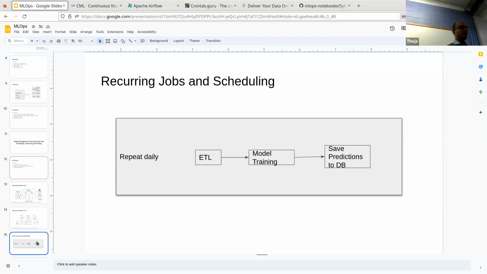Okay, so for example, this slide, we're just saying, okay, there's an ETL task that needs to run, then a model training task that needs to run, and then maybe the trained model is used with test data to generate some predictions that are pre-saved in a database. Okay, and this is a very common pattern in